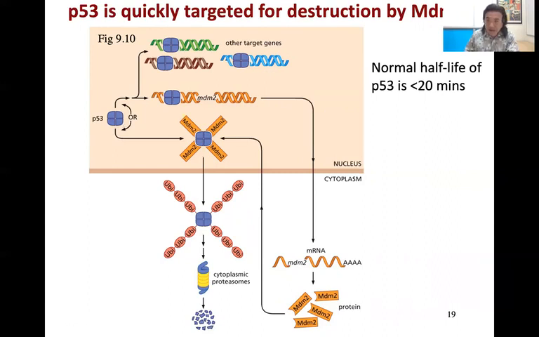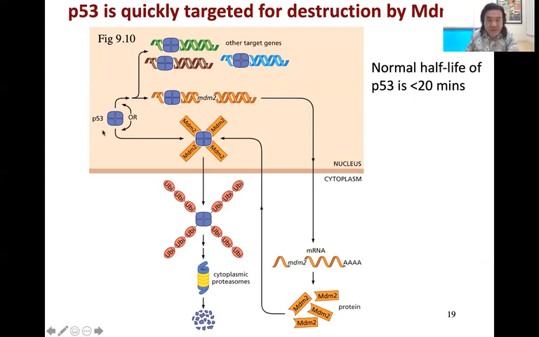But normally, p53 shouldn't be functioning, right? Because you don't want p53 always putting the brakes on your cell cycle, right? Because that would kind of mess things up. So this is one of those situations where your cell wants to have p53 ready, but it doesn't want p53 to work, right? So again, the way that your cell deals with this is it's constantly making p53, but at the same time, rapidly turning the p53 over and degrading it.